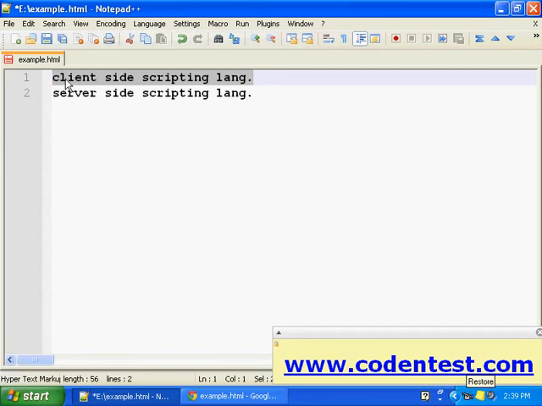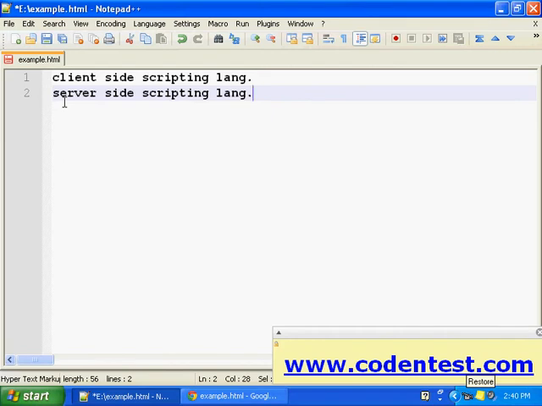Whereas when a user requests a program coded in a server-side scripting language, the server will execute the script and send the result to the user. The programs are executed on the server and the results are sent to the browser, and the browser displays the result.